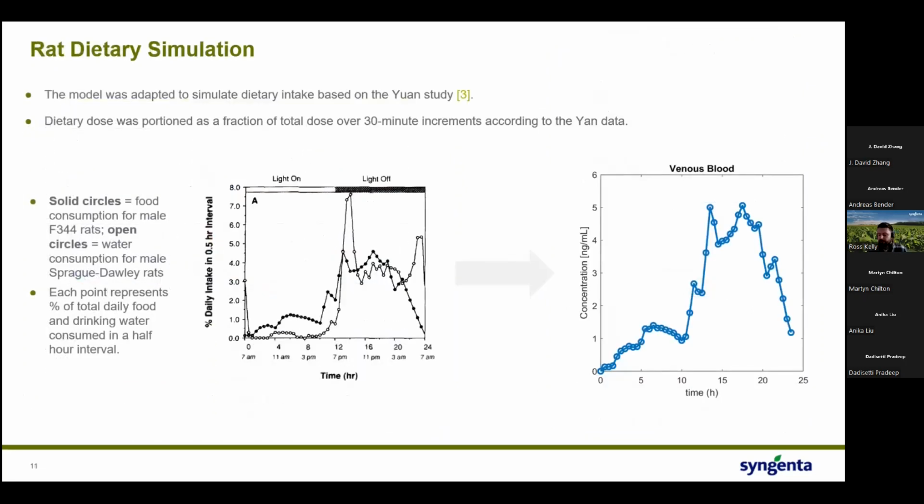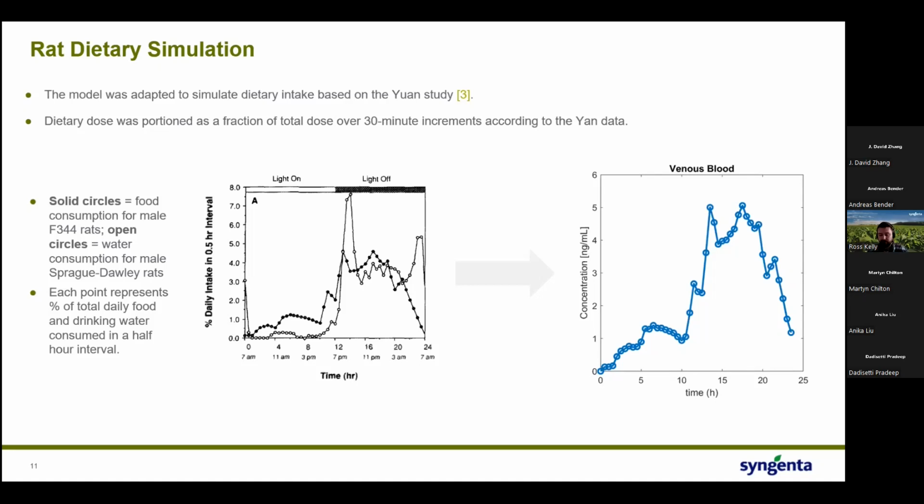So we're interested in modeling human oral exposure, so we have to make a few jumps to get there. We've got rat in vivo gavage data, and we've modeled that. The next step is to adapt the model to reflect a dietary intake of the active ingredient. So we did this by utilising a study done by Wan et al., where they looked at rat